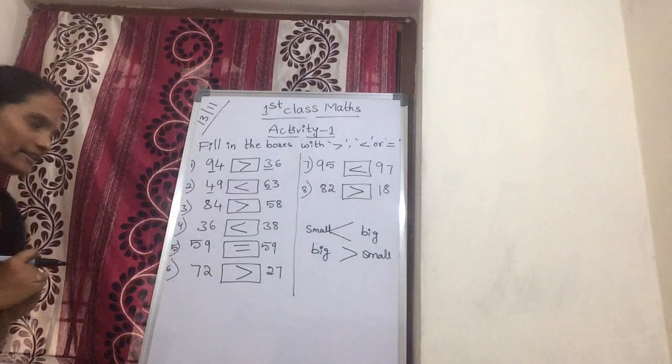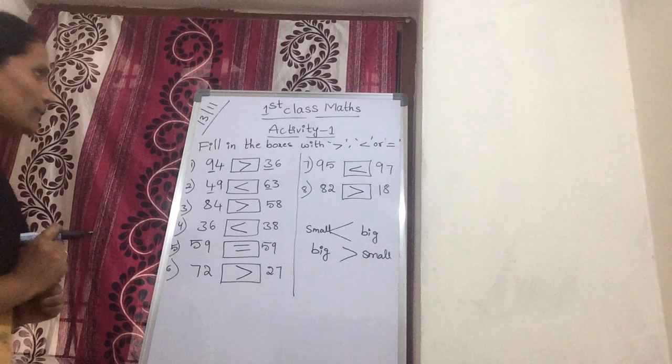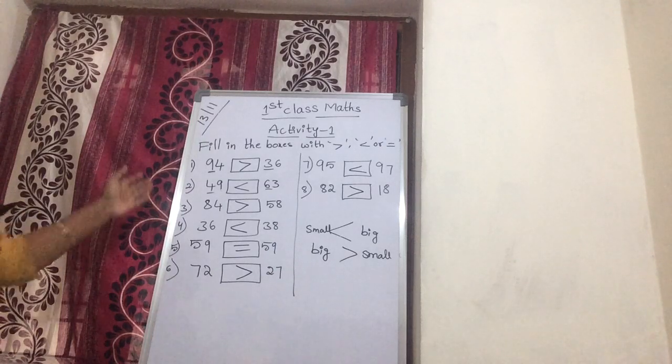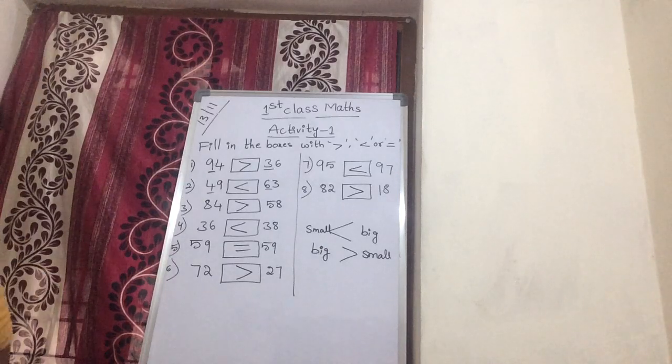Okay, children, we can understand how to identify what is the big number and what is the small number. First, how many digits do the given numbers have? 2 digits, a single digit, or 3 digits? We compare that. For 2 digits, we compare the tens place. If we have 3-digit numbers, we compare the hundreds place. Okay. Please copy this in your classwork.